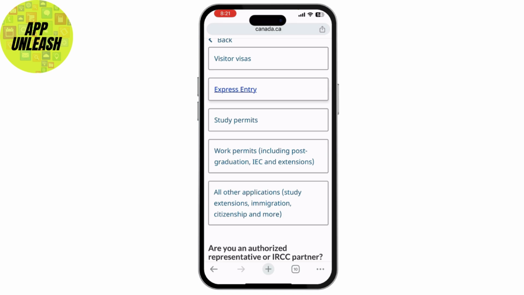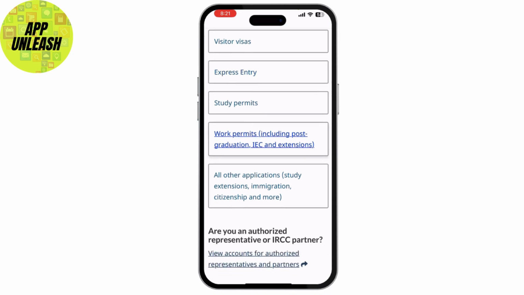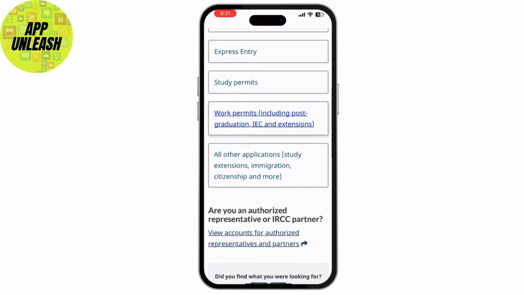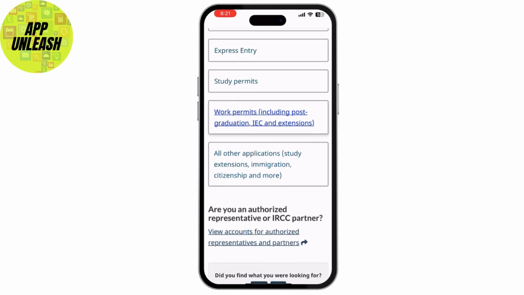You may need to complete a security verification step, like entering a code sent to your email or phone. After successfully signing in, you'll be taken to your IRCC account dashboard, where you can view your applications, check your status, and manage your account. And that's it. You're now logged into your